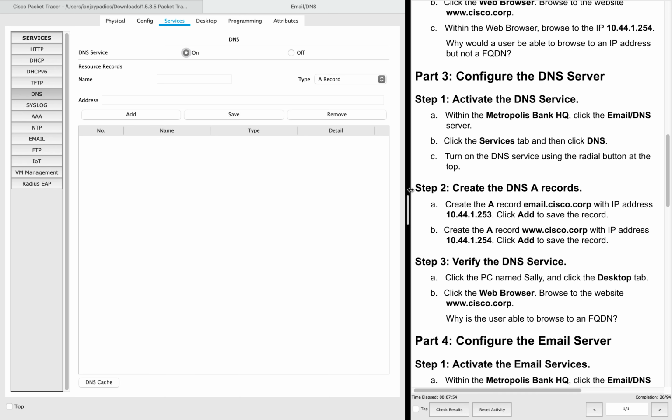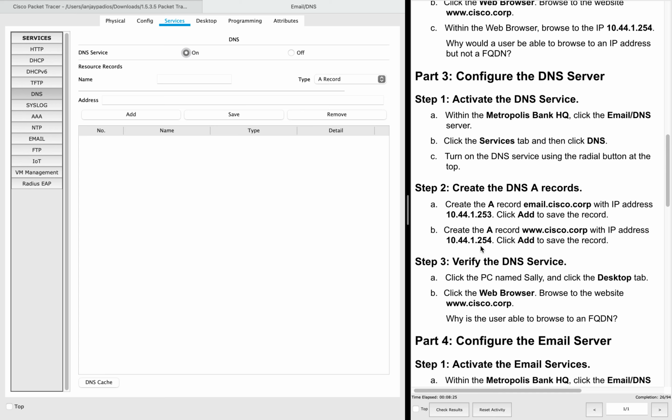Then okay, if you notice in the previous step, the cisco.corp does not work because, in simple explanation, the domain www.cisco.corp is not associated with the IP address 10.44.1.254. So hindi siya na-associate. So all you need to do to fix that problem is we're going to associate the cisco.corp to the IP address